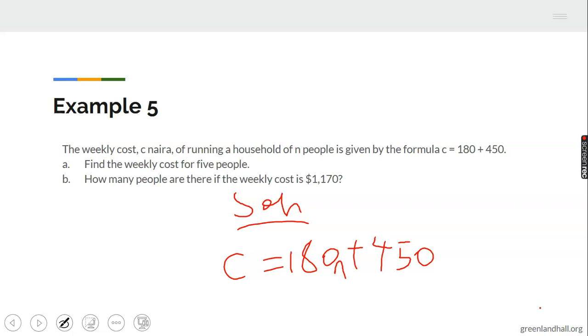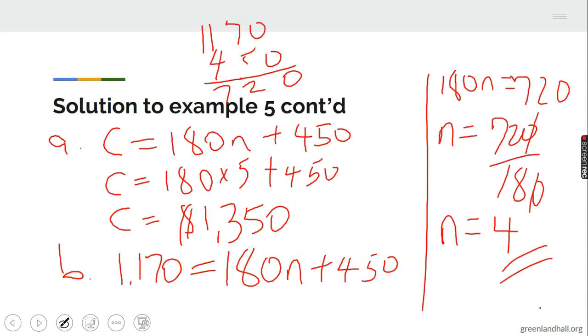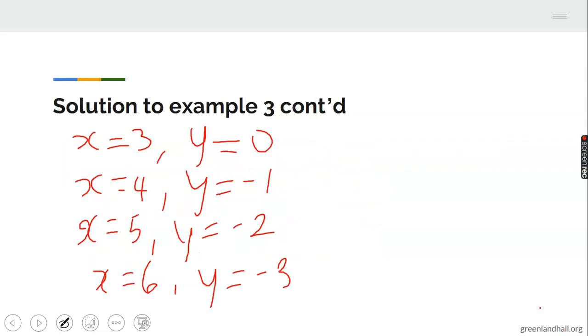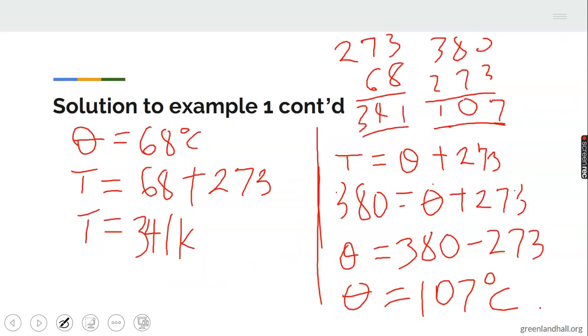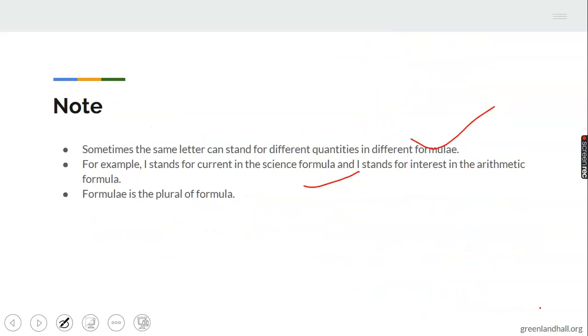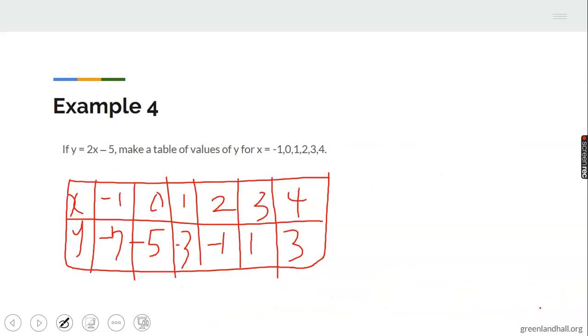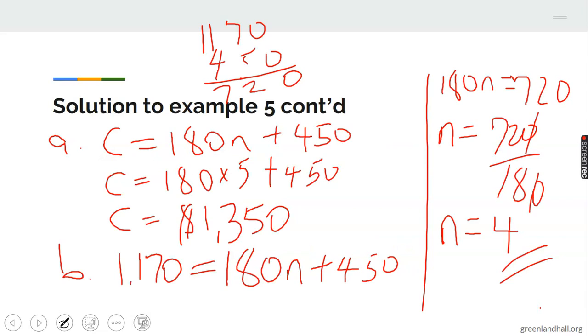Write out the formula given first. Then write out all the parameters given. Then look for the ones that you are looking for, that is the unknown that you don't know. Just as we've done. We already know that n equals 5. Just insert it. Just replace the letters with values. That was all we did. We'll be writing out the formulas, writing out your parameters, and just replacing the letters with the values and solving.